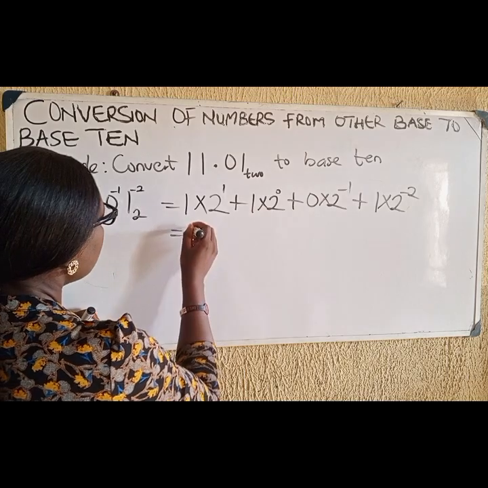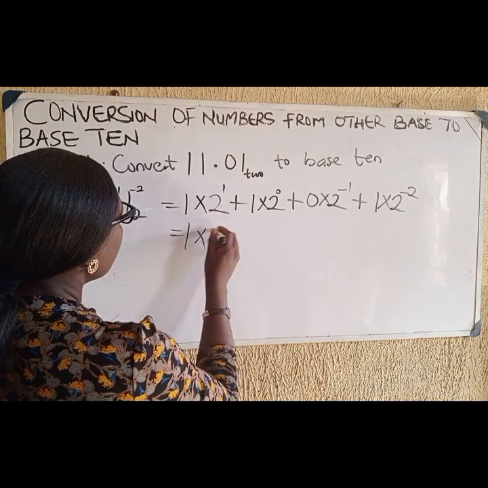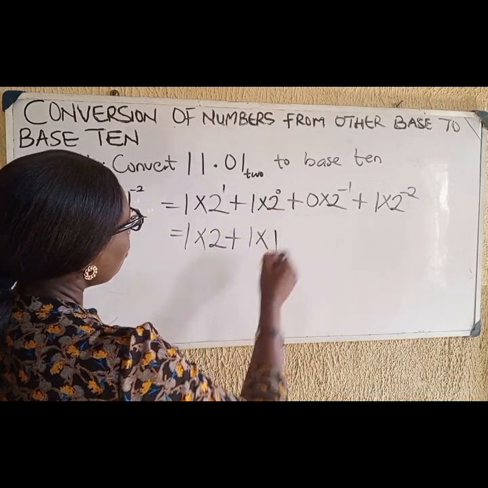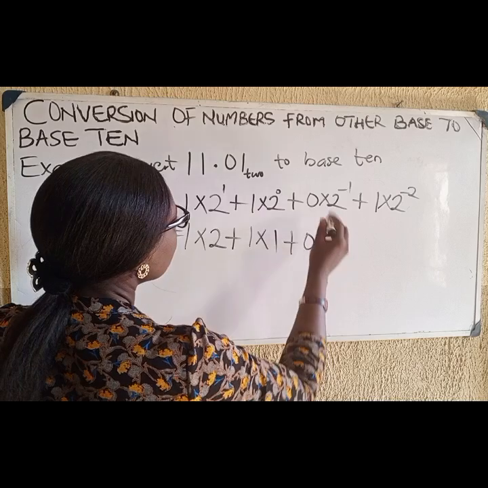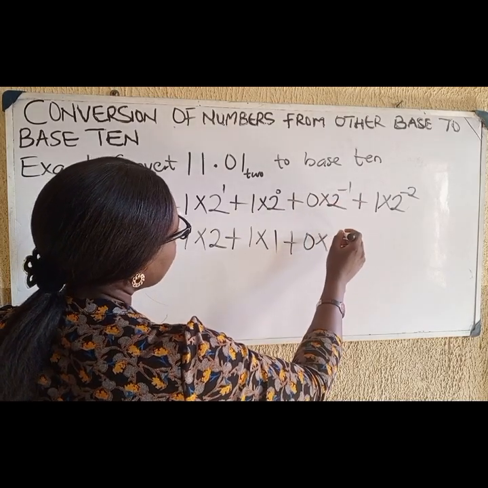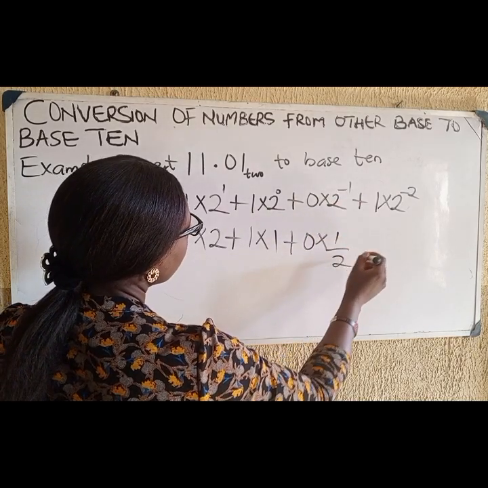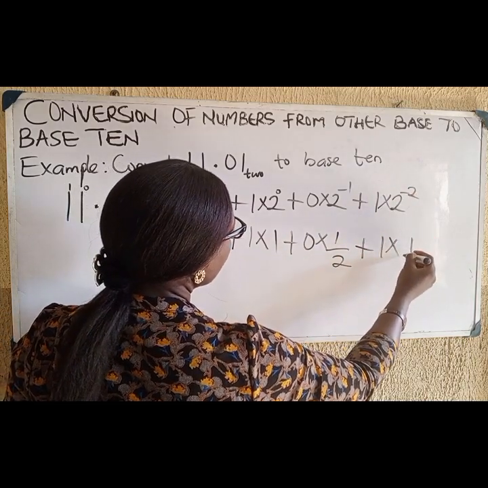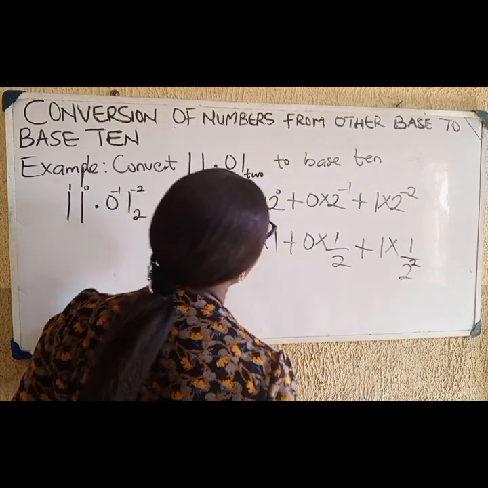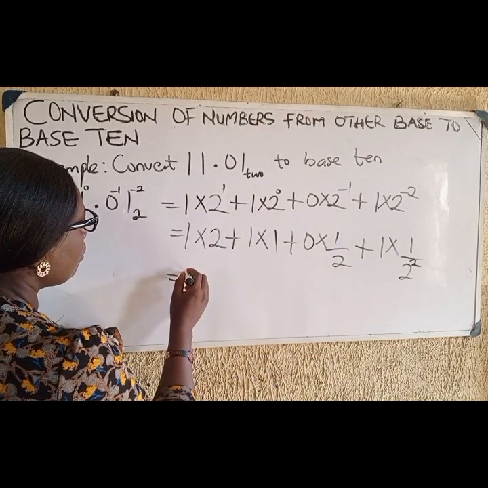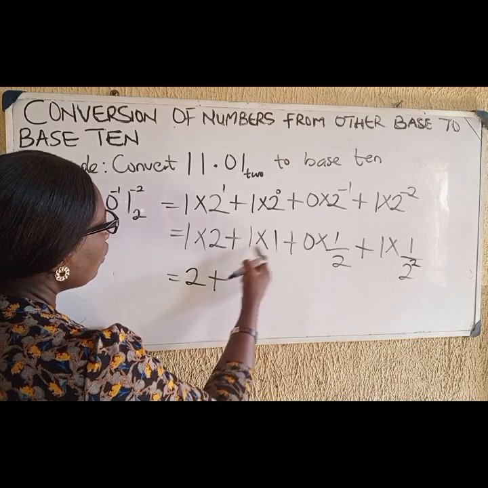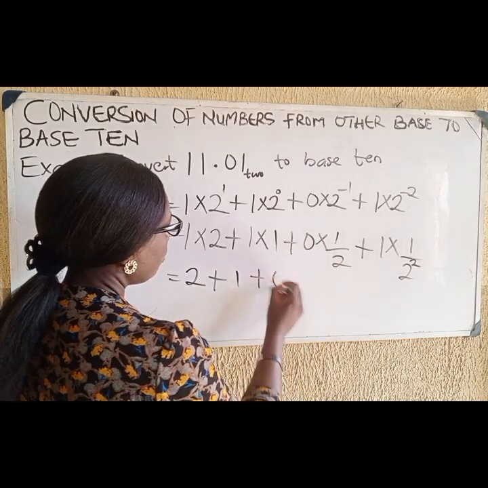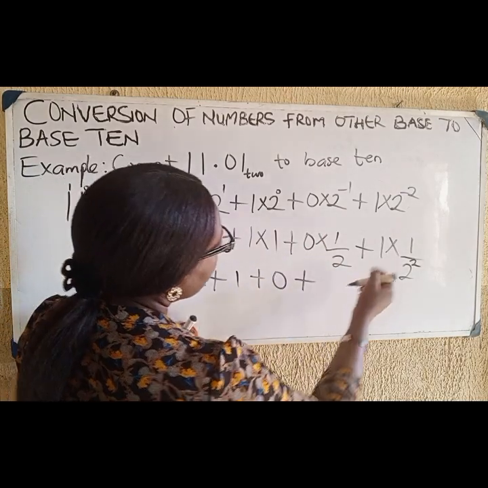I'll now multiply out. This is 1 times 2 raised to power 1, which is equal to 2, plus 1 times 2 raised to power 0, which is equal to 1, plus 0 times 2 raised to power minus 1. From the laws of indices, that means 1 over 2, plus 1 times 2 raised to power minus 2, which also means 1 over 2 raised to power 2. This is 1 times 2 is equal to 2, plus 1 times 1 is equal to 1, plus 0 times 1 over 2 is equal to 0, plus here